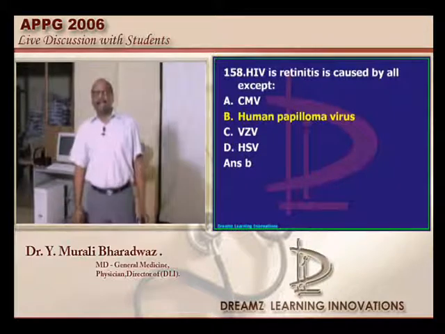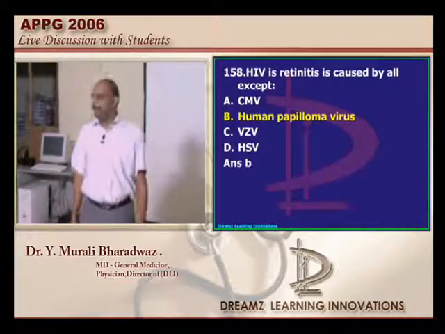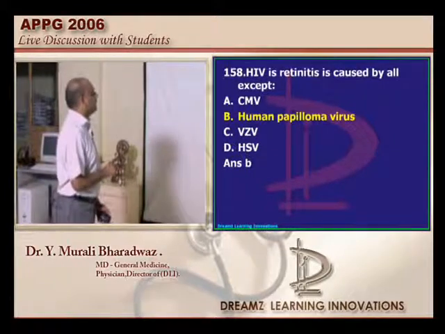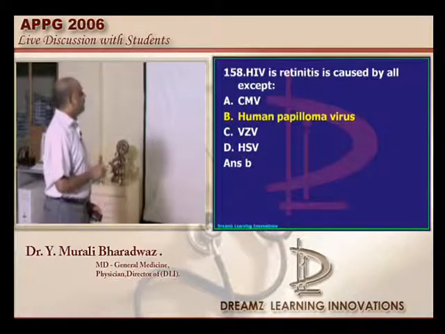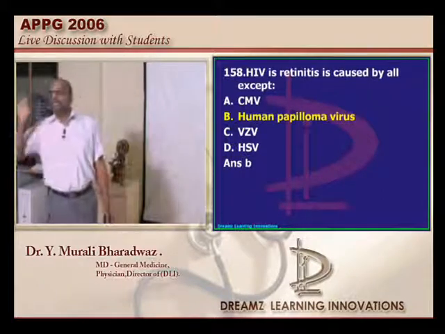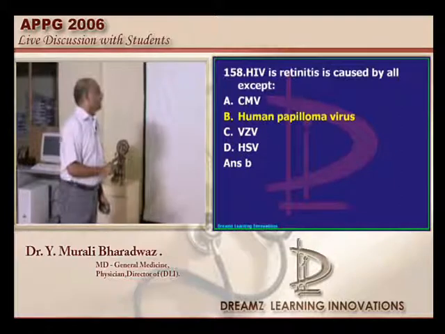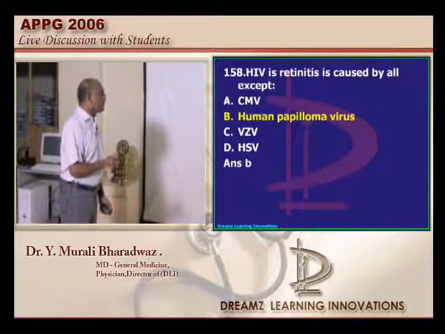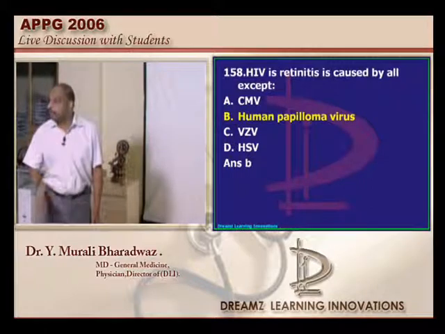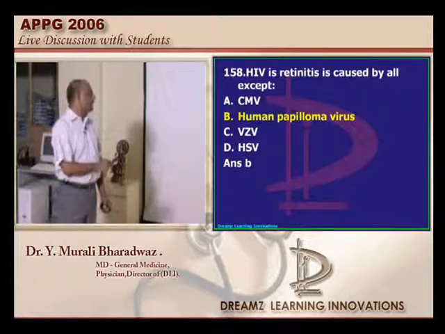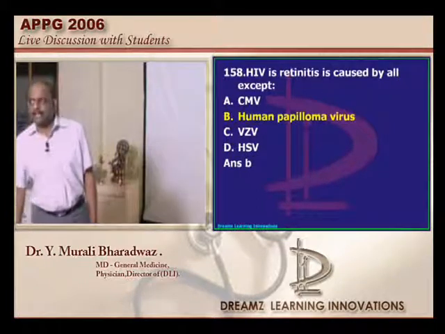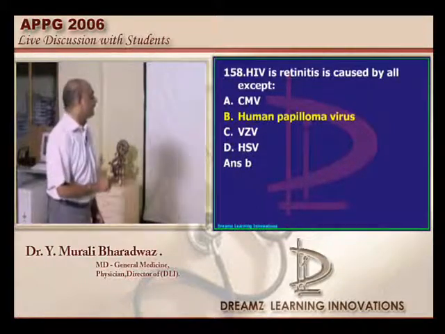We are all living in the era of HIV. Without that, there is no question paper. HIV and retinitis, what are the important causative agents? Typically, doctor, you need to remember CMV leading to chorioretinitis is the most common type. Varicella zoster, Pneumocystis carinii, Toxoplasma gondii, all these agents can lead to the development of retinitis, which needs to be remembered. Generally we think Pneumocystis carinii means lung infection. Can it cause retinal disease? Definitely, it can even cause retinitis.